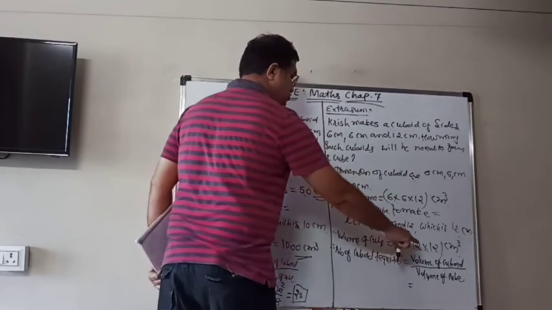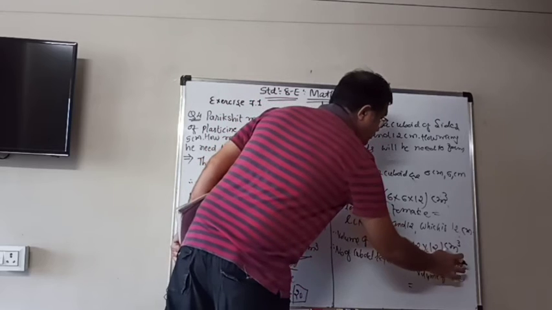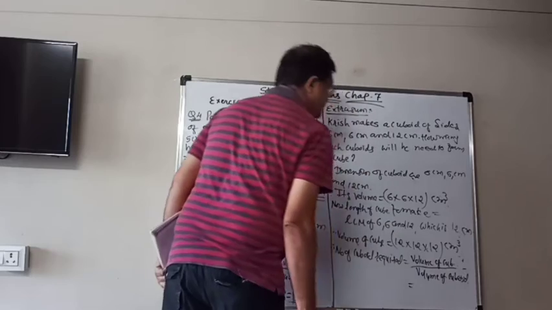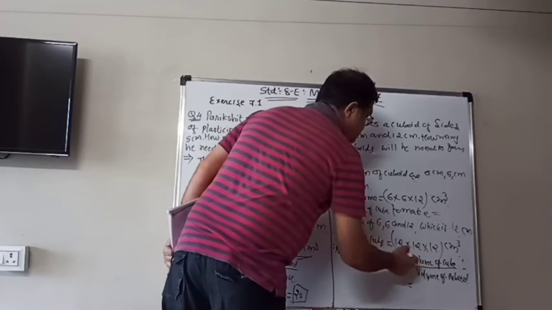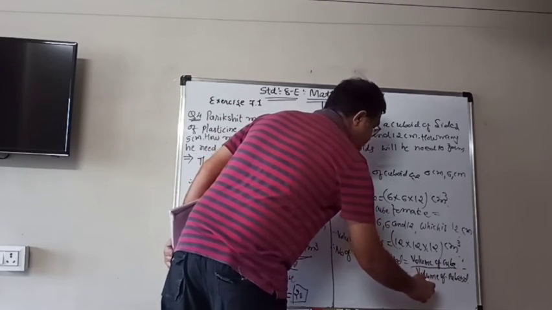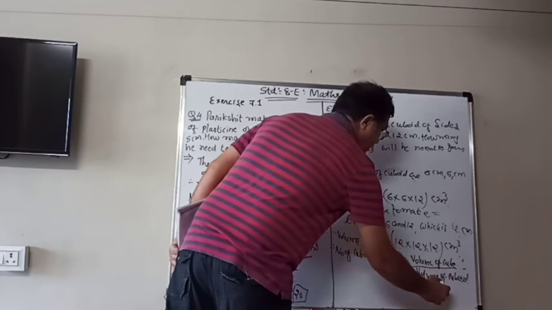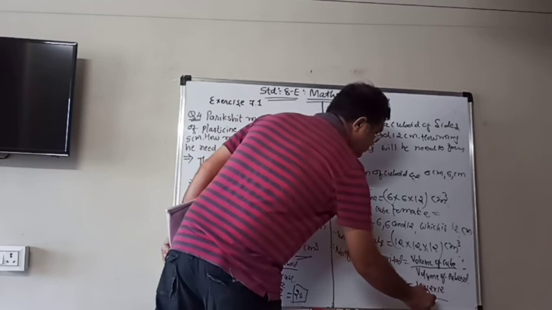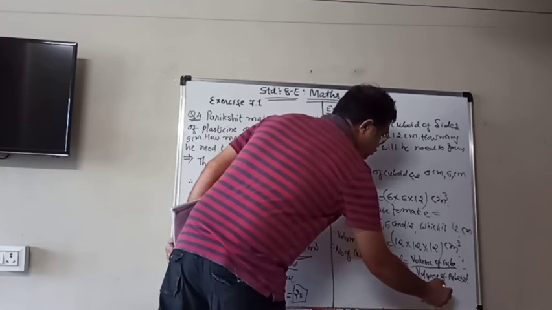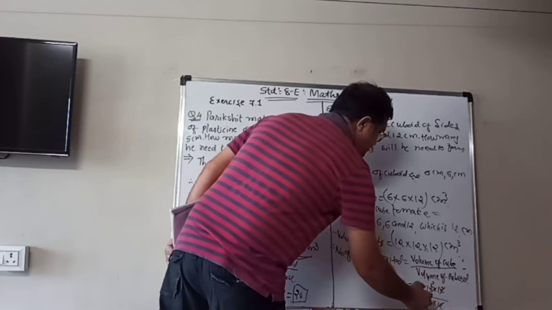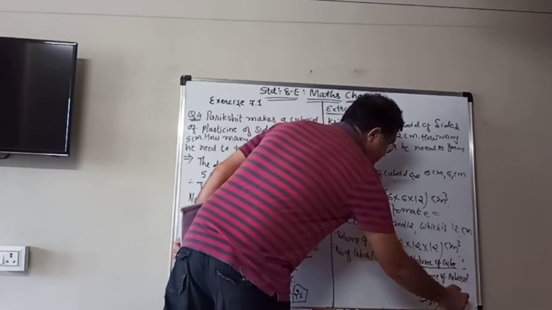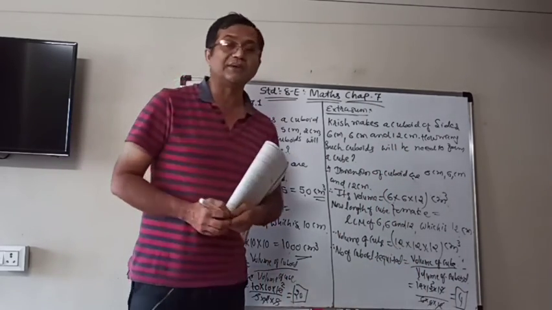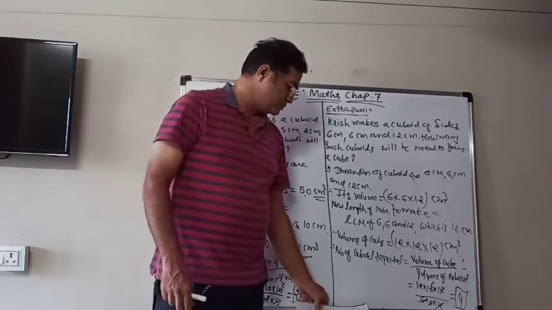So the volume of the cube is 12 into 12 into 12 divided by 6 into 6 into 12. 12 and 12 cancel, 6 into 6 is 36 and 12 into 12 over that, so 4 such cuboids will be needed to make a cube.